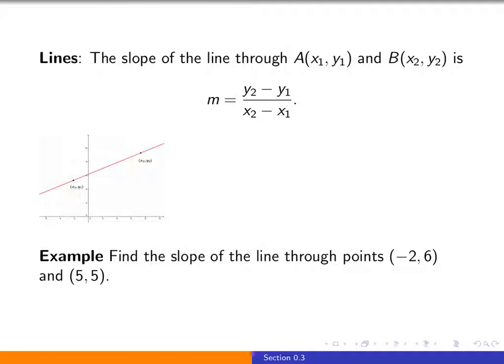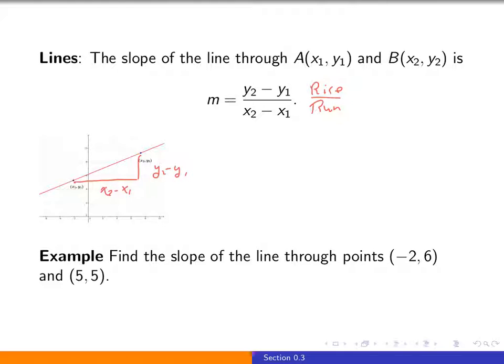In this video, we will look at lines. So in terms of dealing with lines, the first thing that we need to discuss is the slope. The slope of a line through 2 points is given by the following formula, where we can really think of this as representing rise over run. So the rise, if we draw kind of a triangle associated with those 2 points, is how the y values change, and the run is how the x values